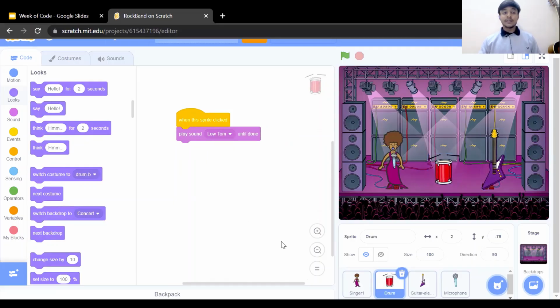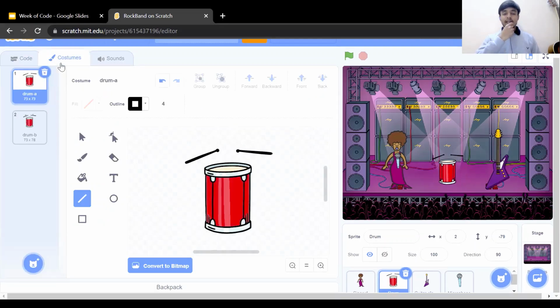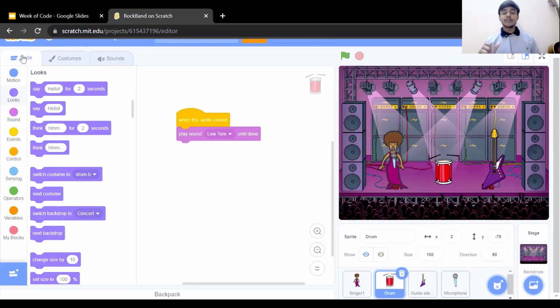So click on the drum sprite and go to the Costumes section. For the drum, there are already two costumes. One looks like it's generating sound, and another one is without sound. So under the drum, we have to just change the costume and we are done. Go to the Looks section and switch the costume to drum B